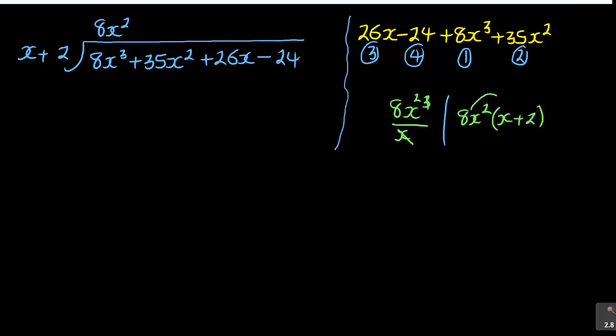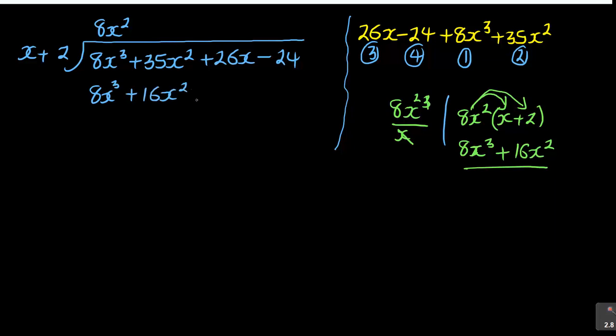Seeing that? So the 8x squared will open that and you distribute like that. That times that is 8x cubed, it gives us back, and then 8x squared times 2, 8 times 2 is 16x squared. So this is the one that you're going to write down there to say 8x cubed plus 16x squared. See that, guys? From there you rule off, put a negative, open the brackets like that. So you're going to say 8x cubed minus 8x cubed. It gives us a 0.